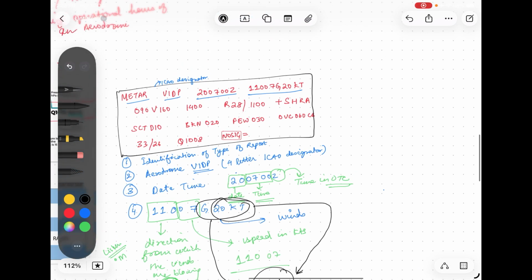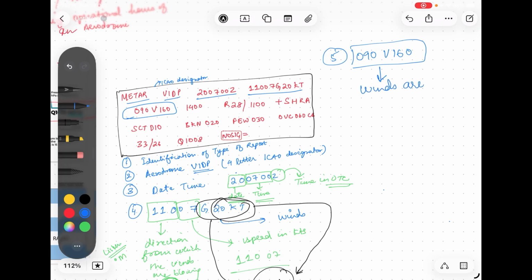Now let's come to the 5th part. That is this one, 090V160. That is your 5th point. Now these are the winds that are basically varying. There are variable winds. So this is also not always reported, if the variable winds are not there. Okay. So what does this mean? That winds are variable